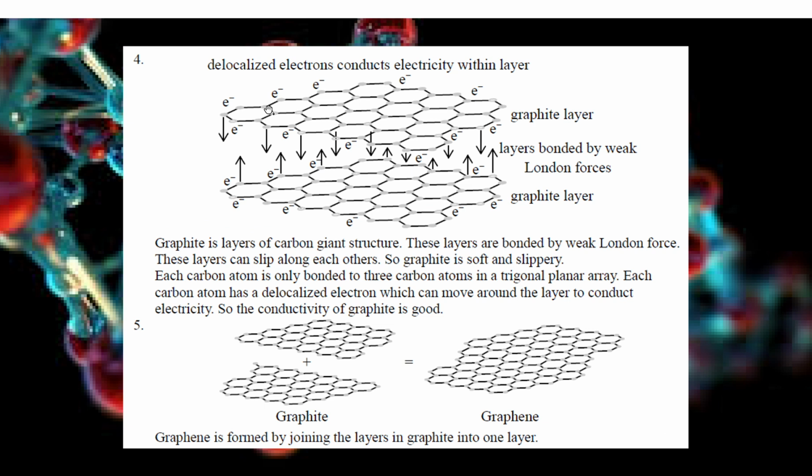Graphite is layers of carbon, but this time one carbon is bonded with 3 carbons only. So it has 1 free electron moving around within the layer, and this free electron can conduct electricity, okay? But it can't move between layers. So layers and layers of this kind of structure, 1 carbon bonded to 3 carbons,